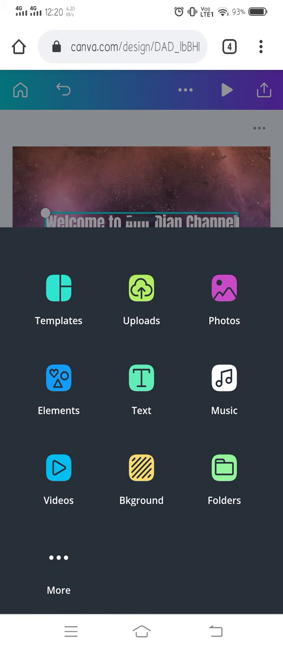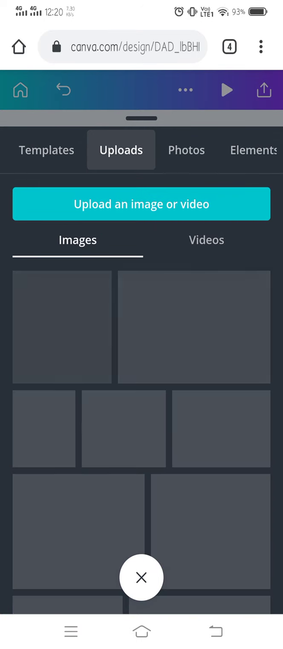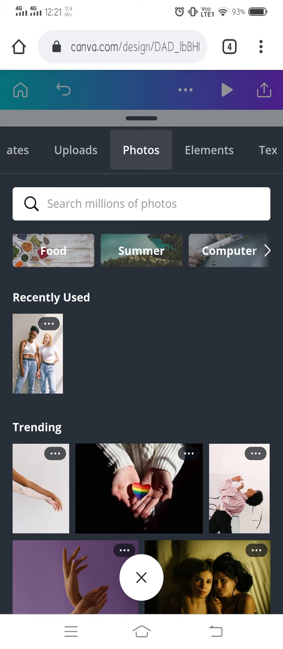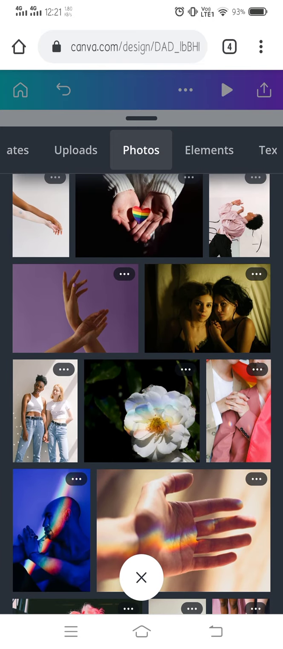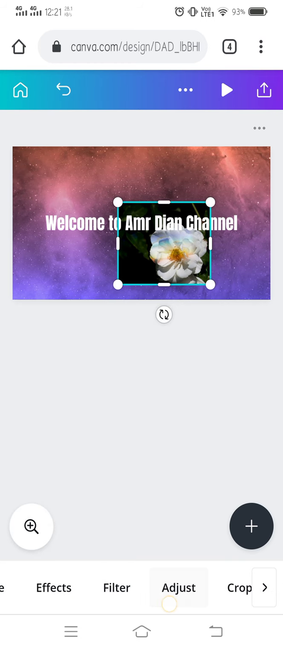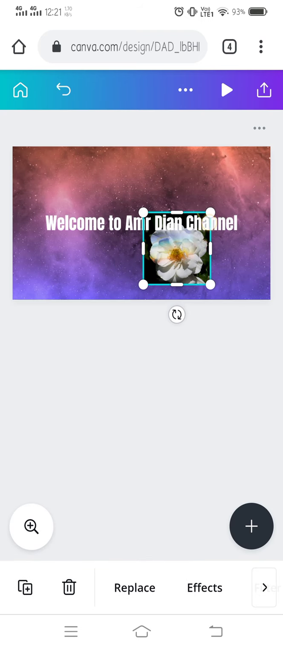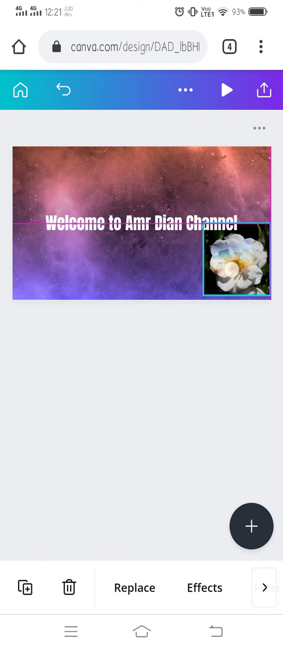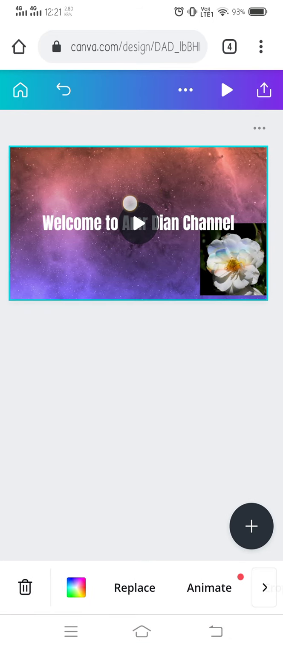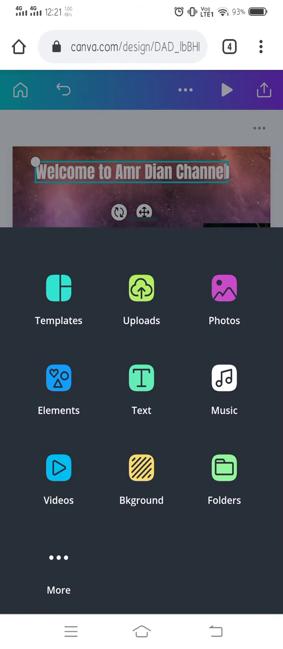And now we're adding photos. You can upload your own photos. Click this uploads and click your photos, or you can choose from what they have, food or stuff. I'll choose this, and then I can crop it also, put effect, filter, crop. I want this to be cropped, and then I'm gonna move it around. I'll put it here. I'll move the text up here. Okay, then I'm gonna add